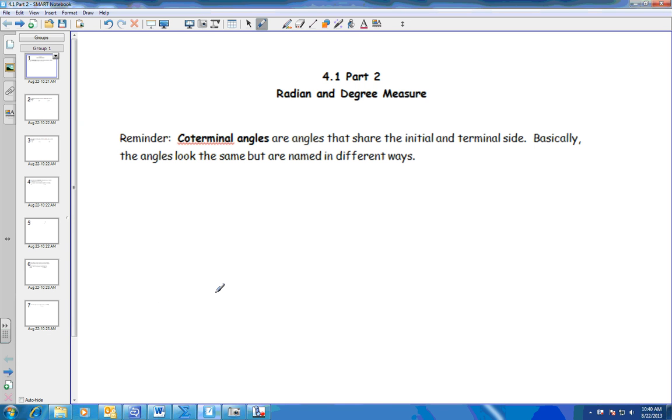Okay, this is section 4.1, part 2, and we're going to talk about several things today, but the first thing we're going to talk about are coterminal angles. So we learned yesterday that coterminal angles are angles that share the initial and terminal side. So basically, they are angles that look the same, but are named in different ways. So for example, if I just had this angle